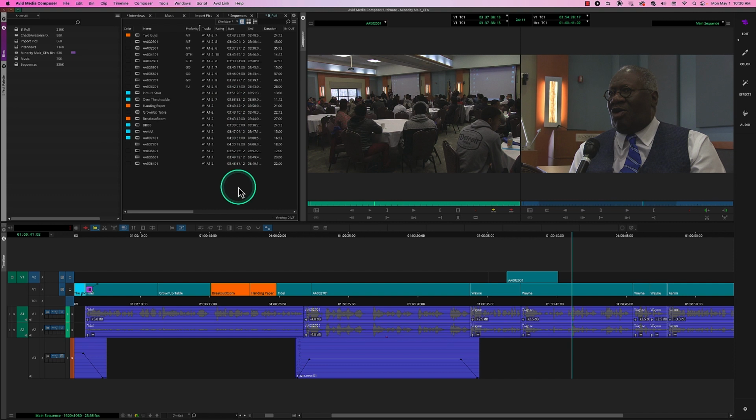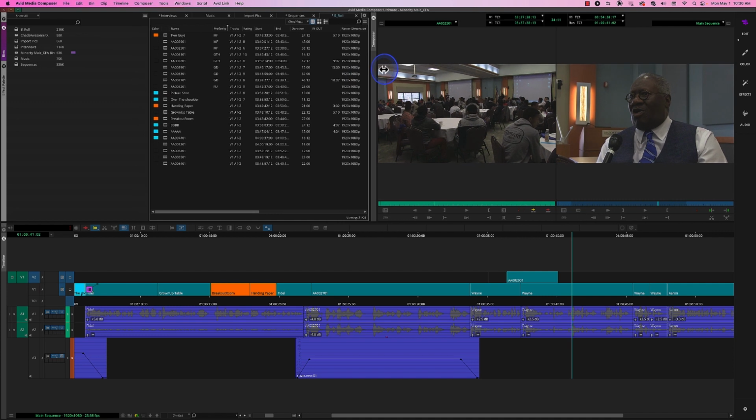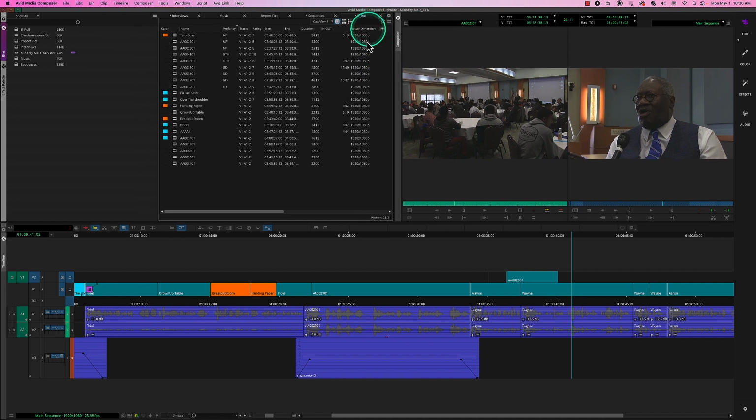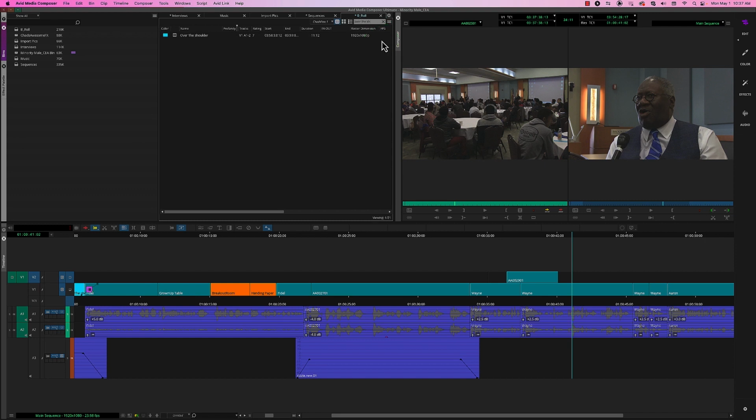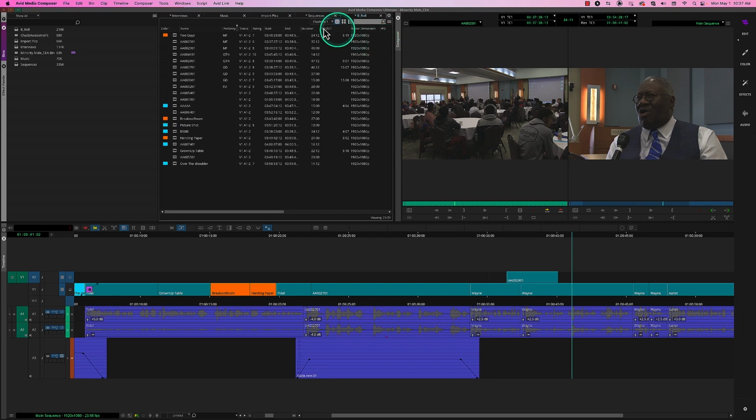Now, inside the bin, you'll see that you have the ability to search. You do have a bit of a search thing. The searching by default is going to go by name. And so by default, if we're looking for a shot of over the shoulder, we can say over the shoulder, and there. And so, for example, even still, we could even make another column here and say, let's look here